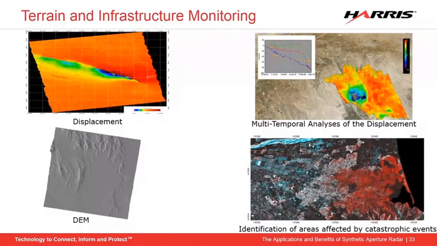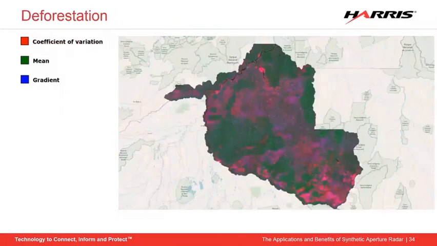Now, we're going to jump from terrain and infrastructure monitoring to something that seems to be of interest for quite a few of you, which is looking into forestry, or in this case, deforestation. So first, jumping into what this image is on the screen, those areas in pink are where there's a high coefficient of variation, meaning that these are areas where a lot of change has occurred. And in this case, unfortunately, those are areas where we've gone from having highly forested regions to not very forested